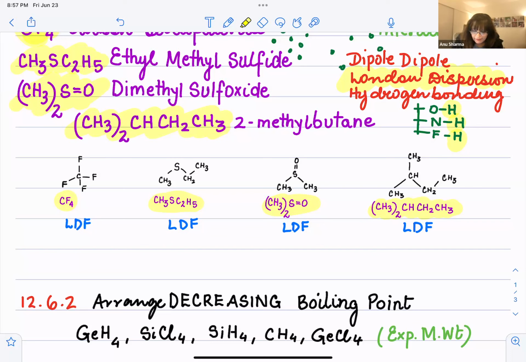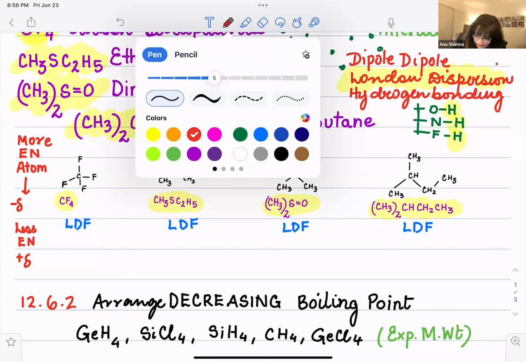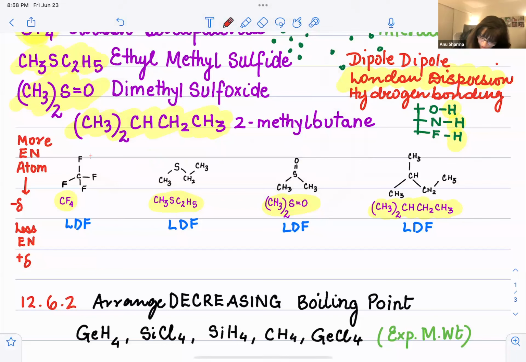Next thing we're going to look at is dipole-dipole. Dipole-dipole occurs every time there is a more electronegative element, so you have to look at which is the more electronegative element present. That more electronegative atom is going to pull the electron cloud towards itself. So it induces the delta charges, so that the more electronegative element will have a delta negative charge, and the less electronegative atom will have a delta positive charge. But now here, even in this case, fluorine is delta